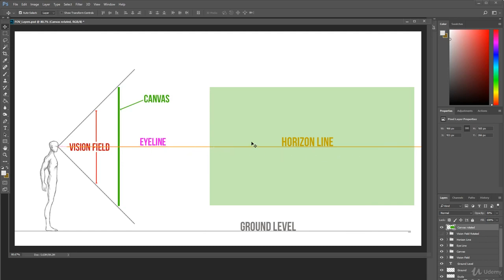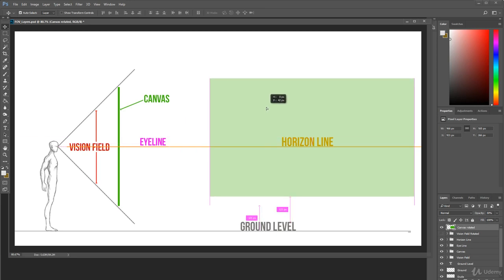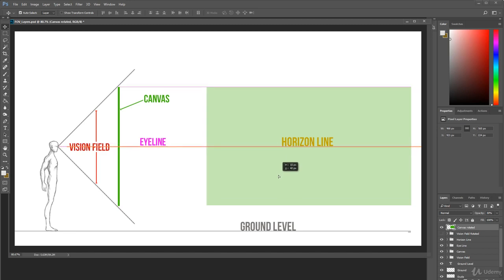So it's there, and you can see our horizon line and our vision field cut straight through almost the middle. And when I start my paintings and I'm looking straight ahead, I often go for a horizon line that's kind of around about there. It just feels a bit more natural, really. So it's kind of like a third of the way up. Yeah, almost in line with the rule of thirds line there, the bottom line. And it just feels a bit more comfortable when you're doing perspective than it does if it's sort of halfway,